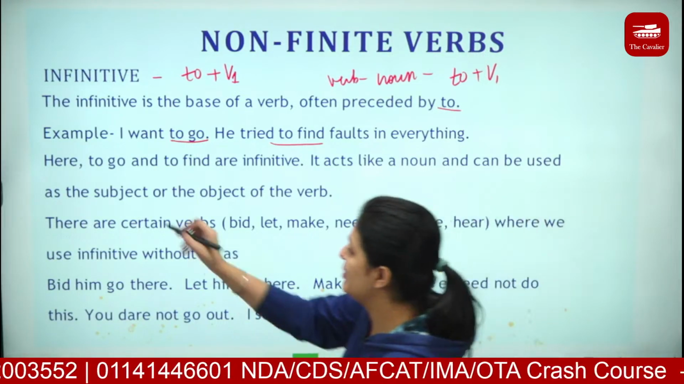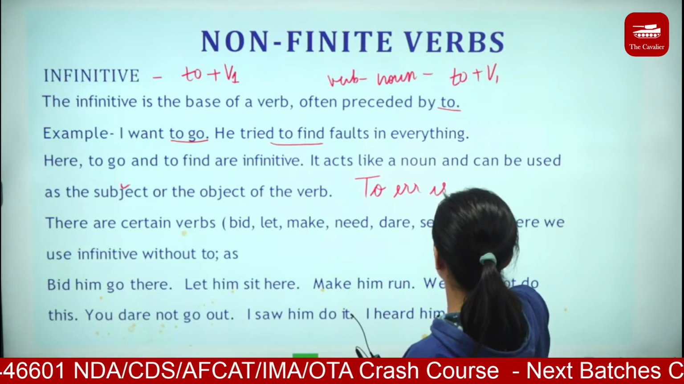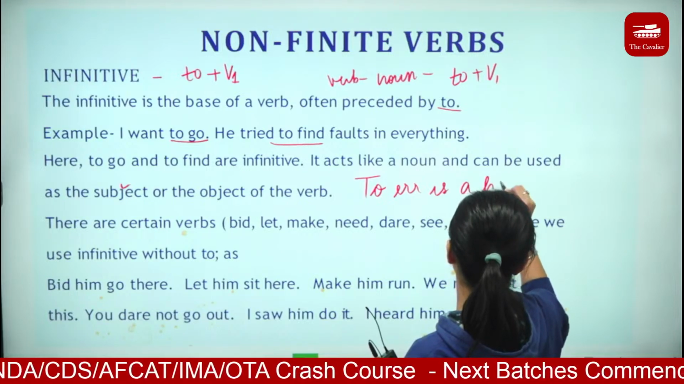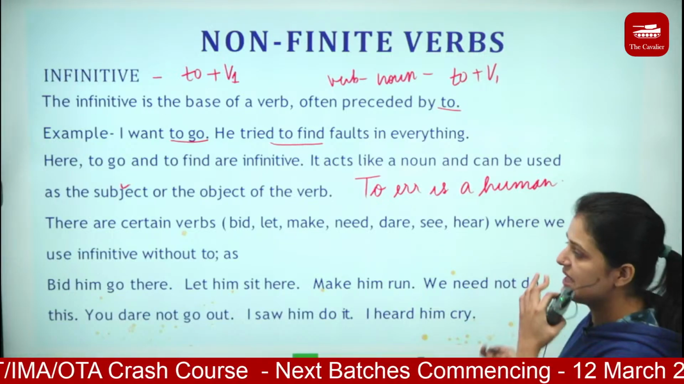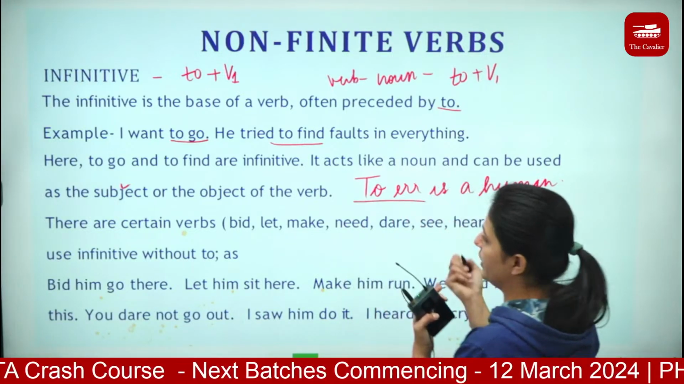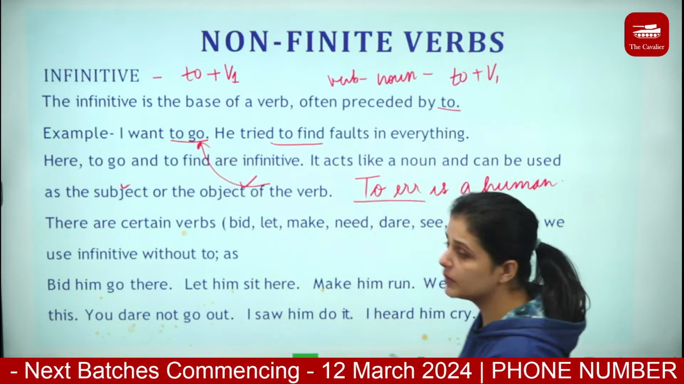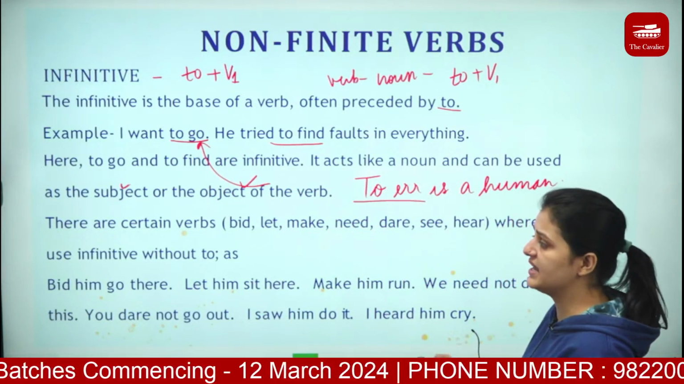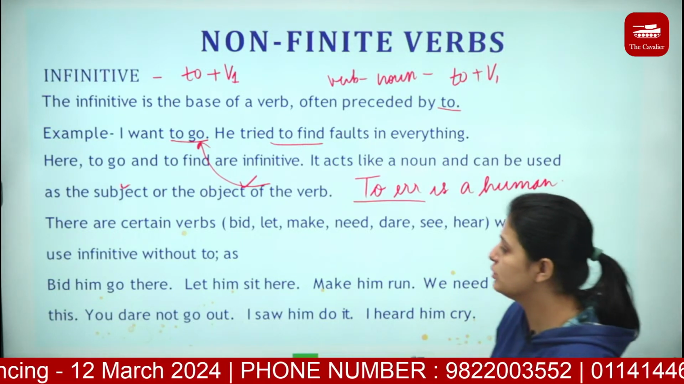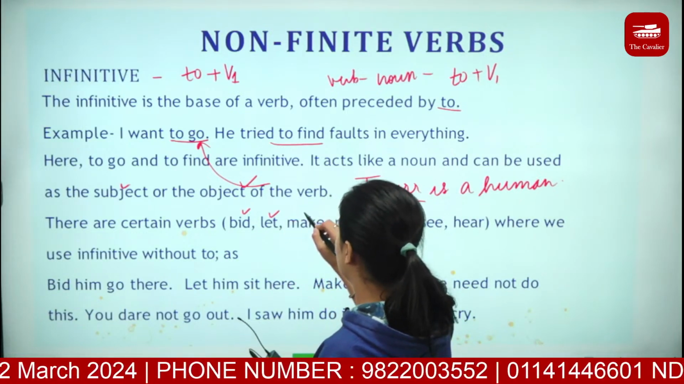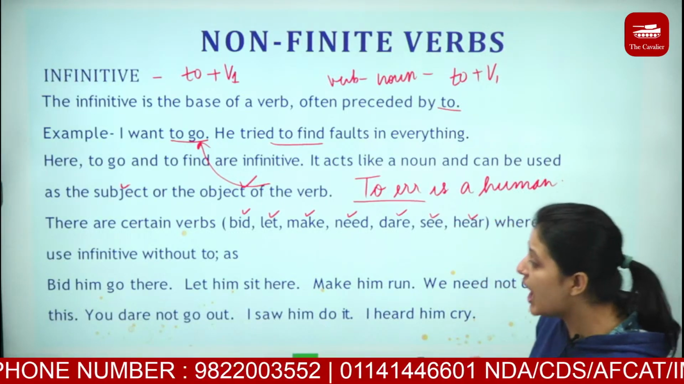Let's take an example of subject. Okay, to err is human. Human beings make mistakes. That is the here to err. Okay, then object of the verb: I want to go. Okay, here to go is acting as an object. Clear everyone? लेकिन बहुत सारे और verbs होते हैं जैसे bid, let, make, need, dare, see, hear, जहां पर हम